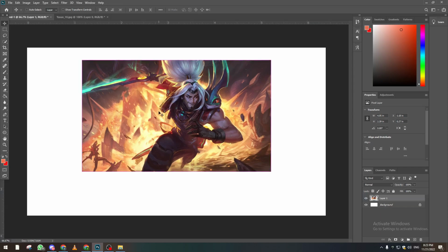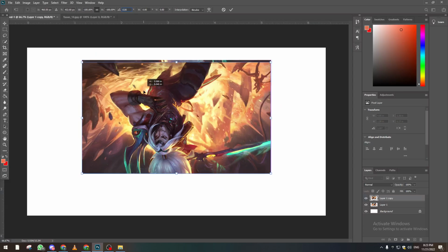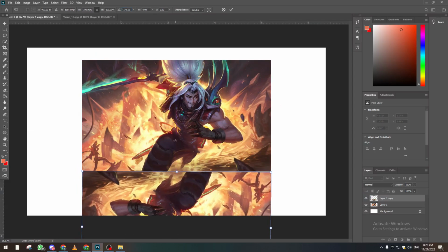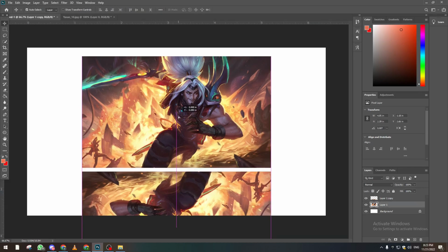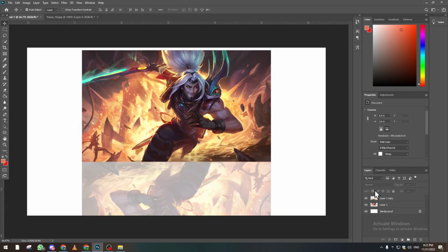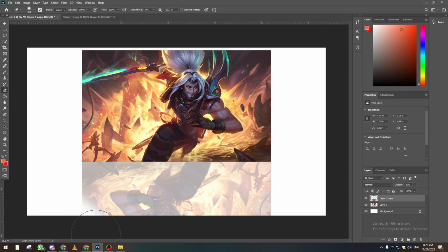Like there is this one. If you want to make a reflection with shadow, there's this one. You can just click 180, add it like that, and make it transparent a little bit from here, opacity, and then drag the eraser, and from here do this,